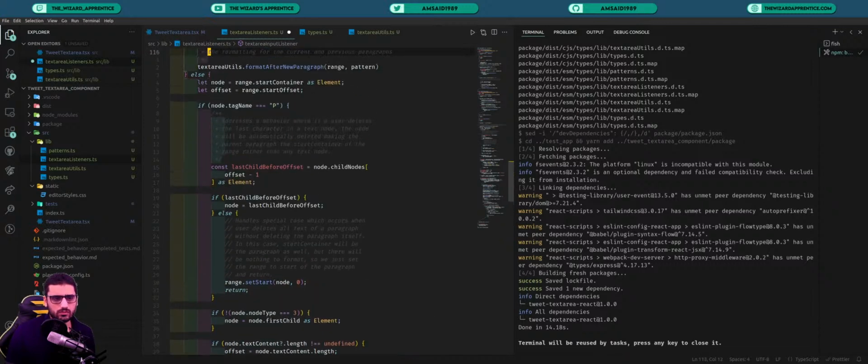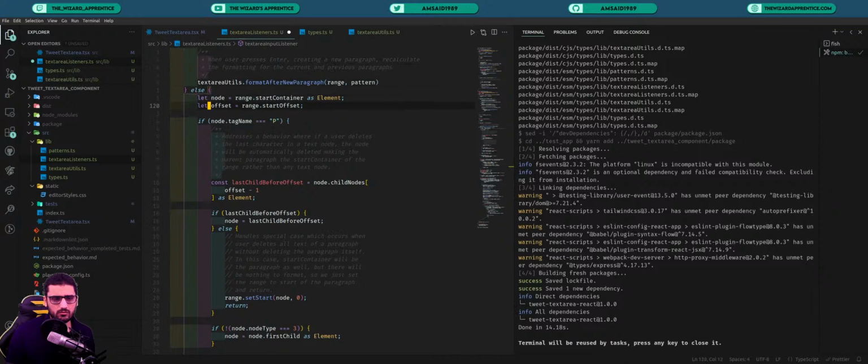So what are we doing here basically? First we're getting the start container and the offset. We check to make sure if the start container is not a paragraph, basically to address this special behavior. Last child before offset. So basically we are making